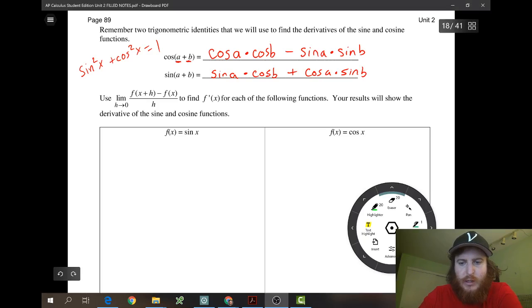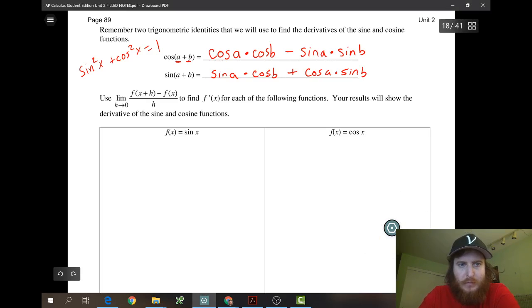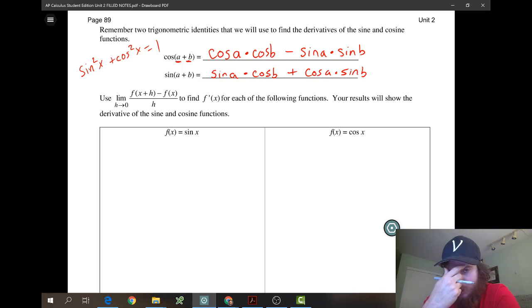Okay, so yesterday we talked about the power rule, and today we're going to take that power rule and do a little bit more with it. But before we do that, we're also going to learn about the derivatives of sine x and of cosine of